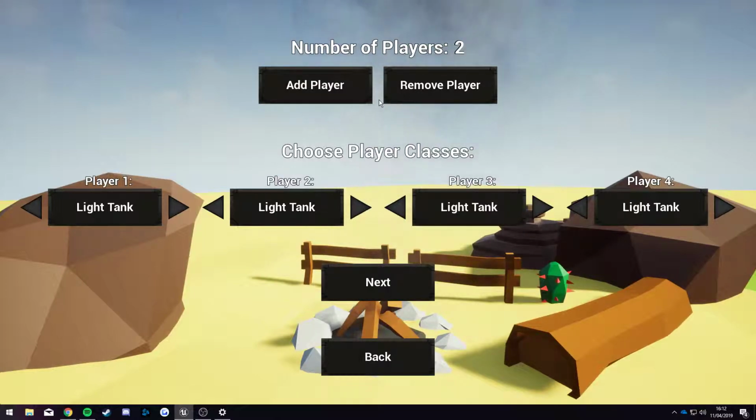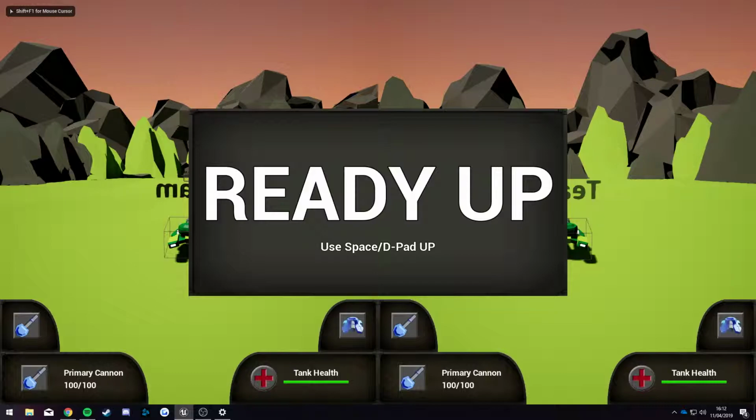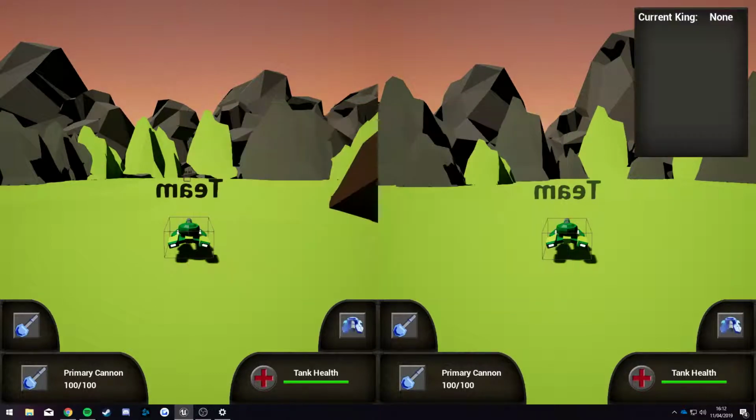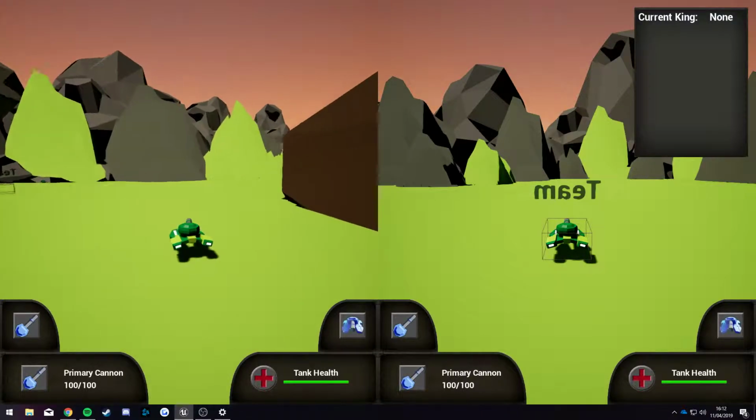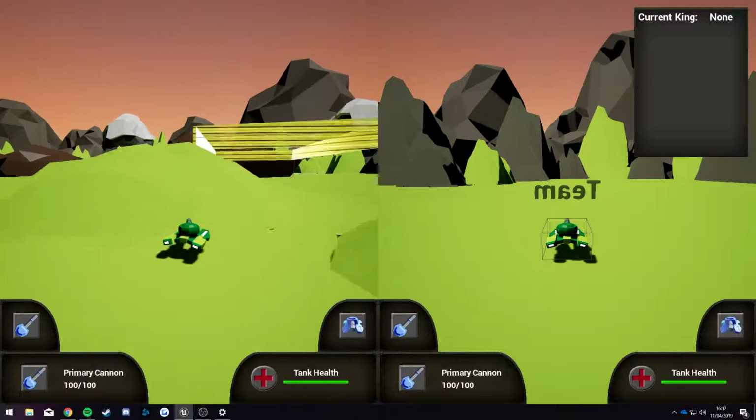so as I only have a controller and a keyboard to play, I will only do 2 players and make them both fight tanks and jump into King of the Hill. So King of the Hill has its own UI system set up so that there's a ready up screen where both players ready up and it disappears and the tanks start to move. The current king is shown in the top right, and